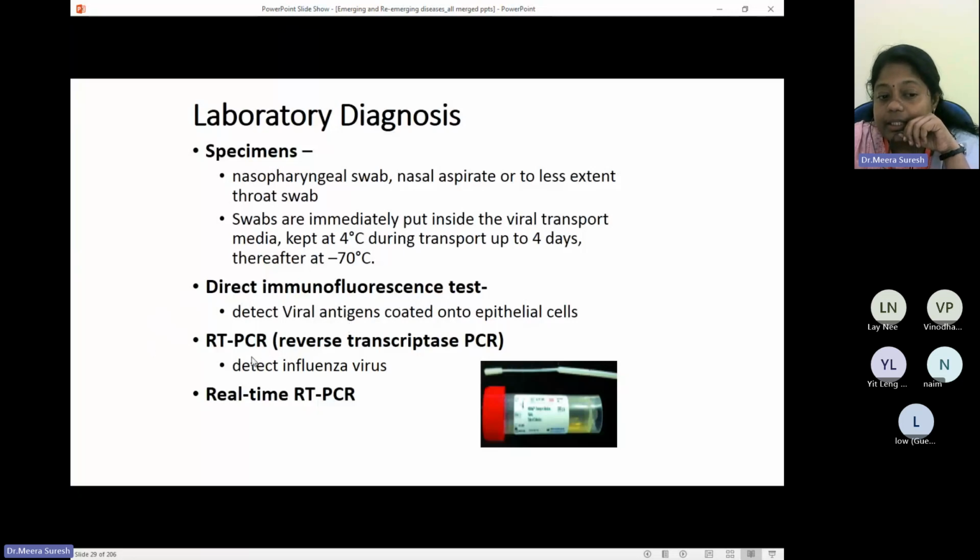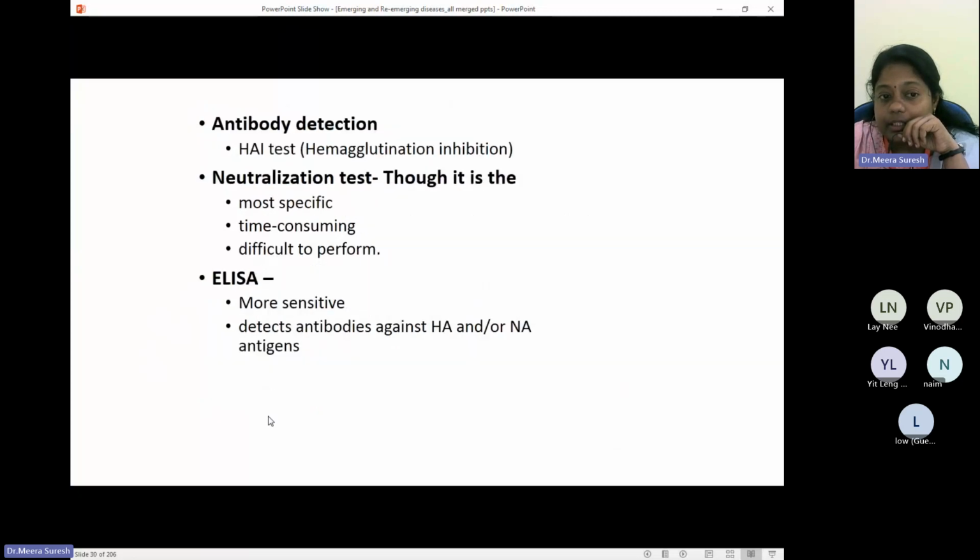We can use RT-PCR to detect the influenza virus, or real-time RT-PCR. We can do antibody detection by the hemagglutination inhibition test. There is also a neutralization test, which is very specific for diagnosing influenza, but it is very difficult to perform and time consuming, and hence not commonly used. We can also do ELISA, which is very sensitive and detects antibodies against HA and NA